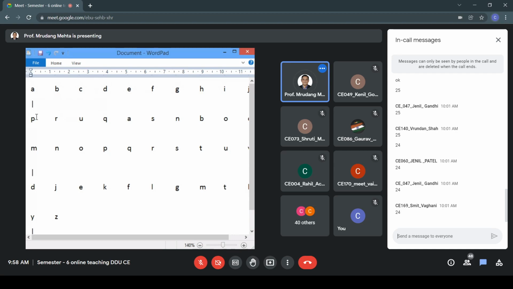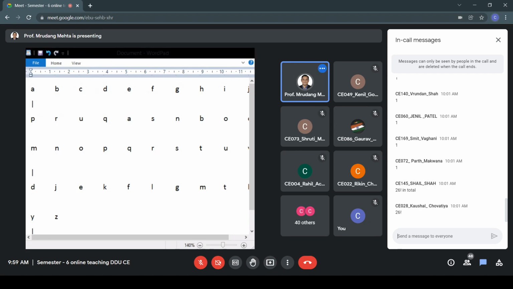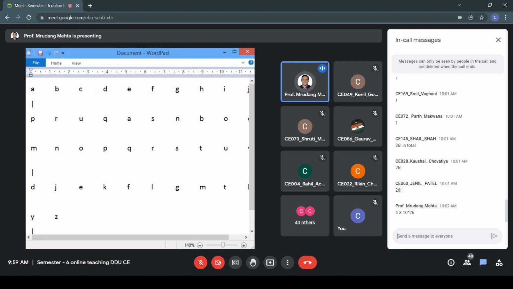For D, and so on, for Z. So how many total possibilities are there? 26 factorial in total, and that is equal to 4 into 10 to the power of 26. With 10 to the power of 26 possible key values,